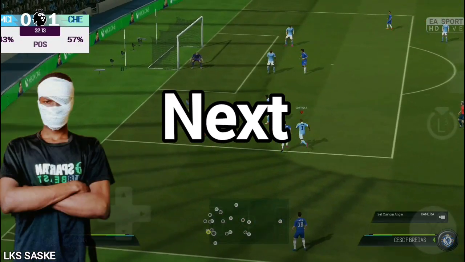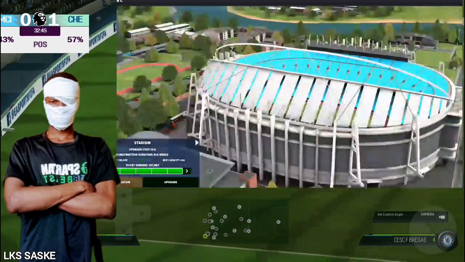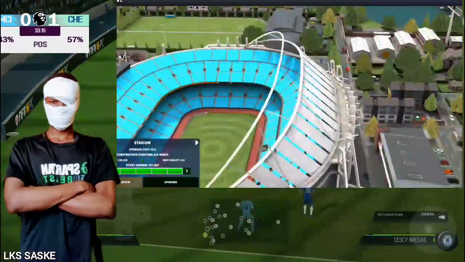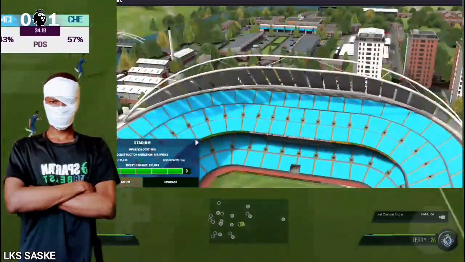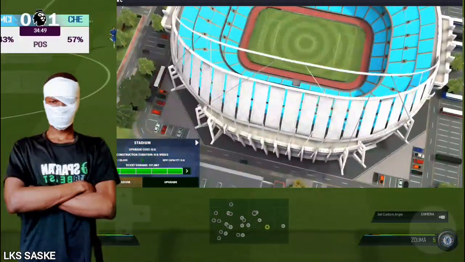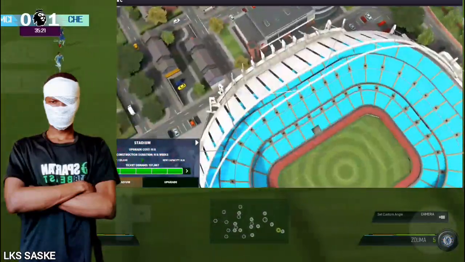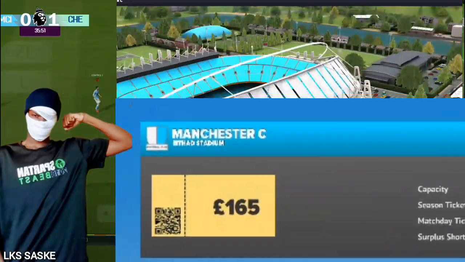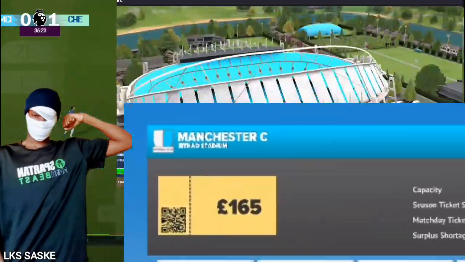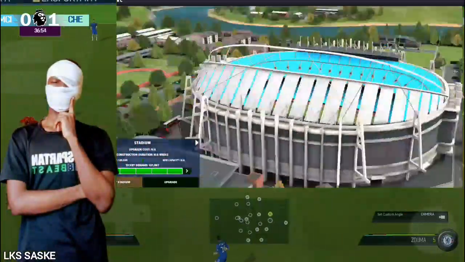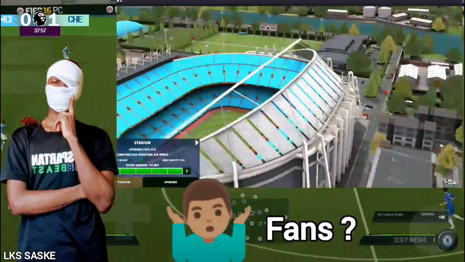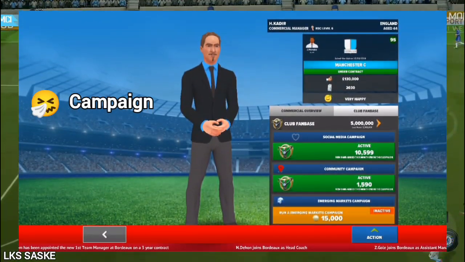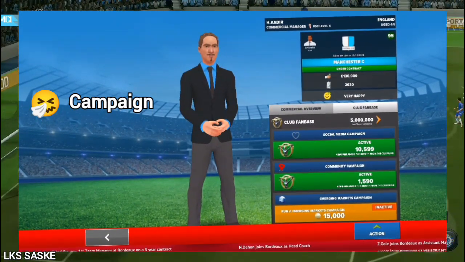The next revenue management strategy is the stadium, among the best earners for the club. Make sure you upgrade your stadium for better attendance and capacity for more income. Every time you make a stadium upgrade, don't hesitate to increase your ticket prices. This will greatly boost your earnings and profits. Without much words, what's the point of having a big stadium without fans? Once your capacity is increased, you can also proceed to increase your fans by doing campaigns, which will increase your stadium attendance, leading to more ticket sales.